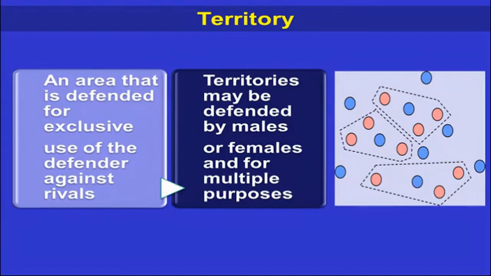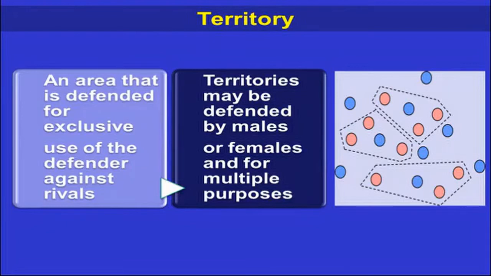So within this area, it defends its own partners, own family members. Whatever rivals are excluded from this area. So this is a territory, and it is also defended by males or females, and for multiple purposes. Say for example, resources, shelter, and also a mark of